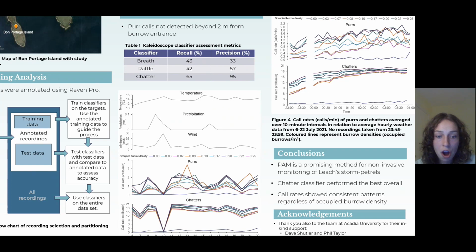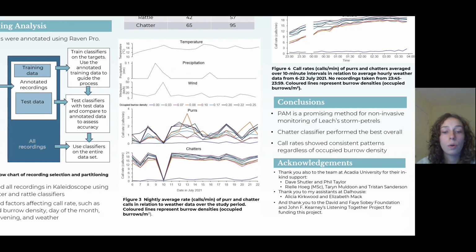The precision of the purr call classifiers was moderate, indicating that they were correct in their identification of 33 and 50% of the positively identified calls. However, the precision for the chatter call classifier was 95%, meaning that it was almost always correct in what it extracted. Looking here to Figure 3, we see that throughout the 17-day period of the